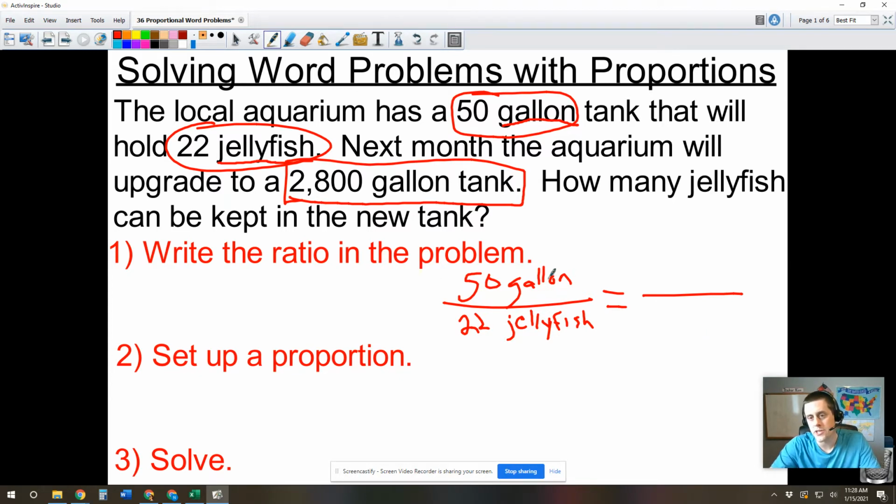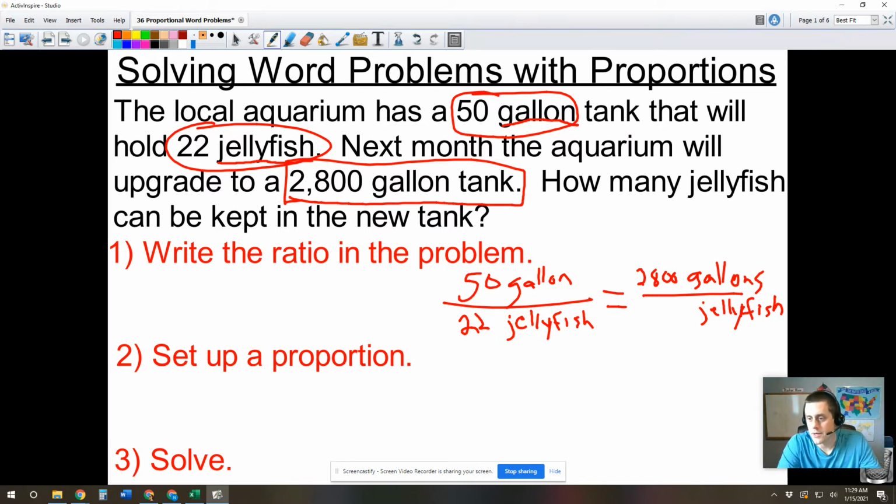If you notice, our first ratio has gallons on top and jellyfish on the bottom. Because that's how we set up our initial ratio, we have to follow that exact same format in the second ratio. So the top number will have to be a number of gallons, and the bottom number of our second ratio will have to be a number of jellyfish. So, based on that information, where is the 2,800 going to be placed? Because it is a measure of gallons, it will be on the top